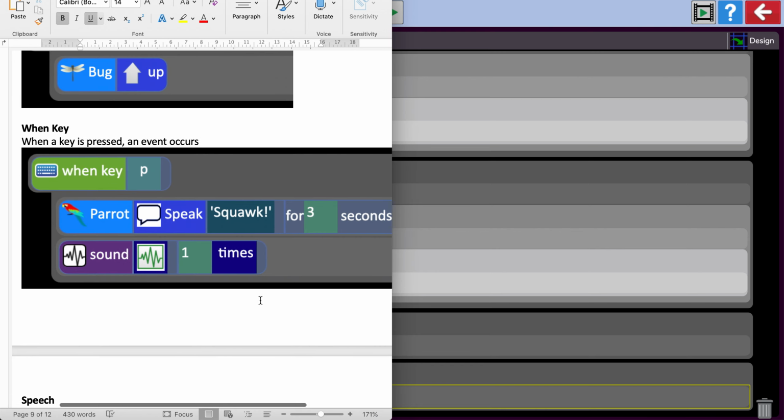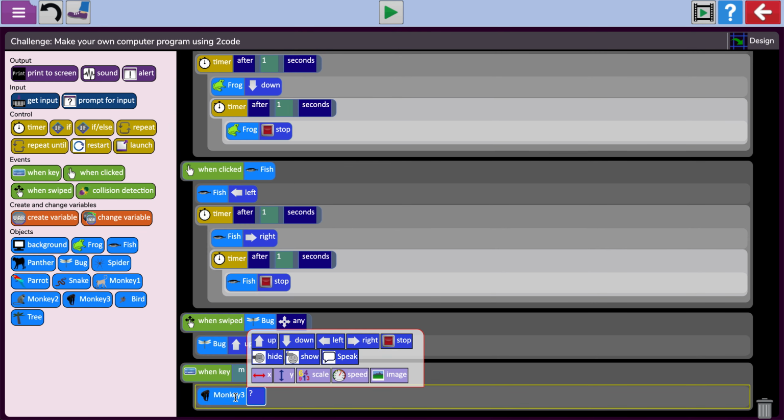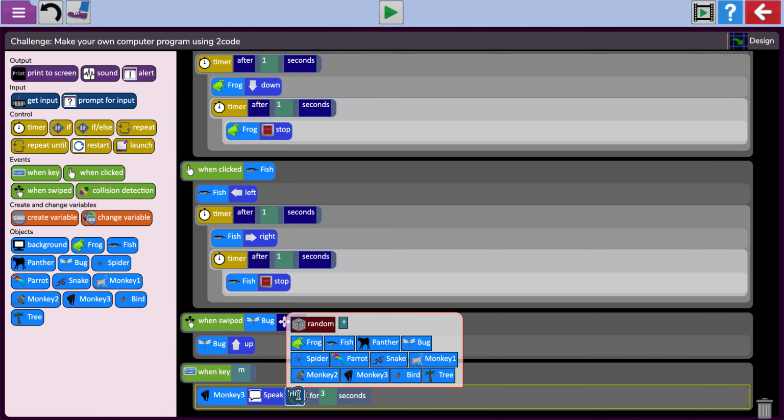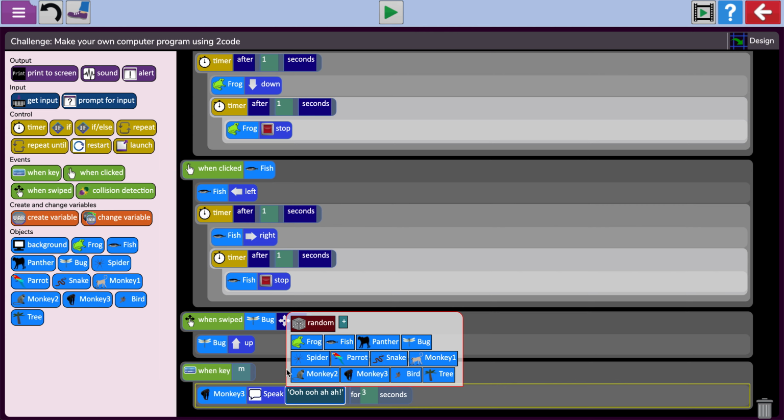I'm going to just double check everything. So if I want the monkey to speak, on top of making a sound, I just click this here and choose speak. And inside the inverted commas, you want to type what you want the monkey to say. So I'm just going to do ooh, ooh, ah, ah, like a monkey. And then I'm going to drag the sound